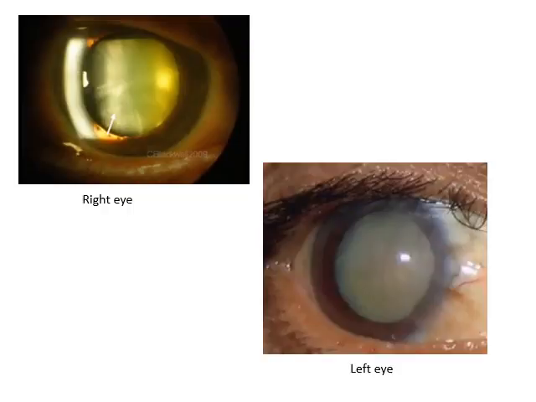So this is the right eye and the left eye of our patient. So for commenting upon the grade of cataract or how far the cataract has progressed, we have to always dilate the pupil and we have to do a slit lamp examination. In an undilated pupil and on torchlight, we can never comment upon the grade of cataract. So we have dilated the pupil using a combination of tropicamide and phenylephrine mydriatic drug, and here we can see that the lens is imparting a yellow hue. Hence, previously I had mentioned the color of the lens as yellow. And in the left eye, we can see that the lens is appearing very opaque and white. Hence, I had mentioned the color as pearly white.